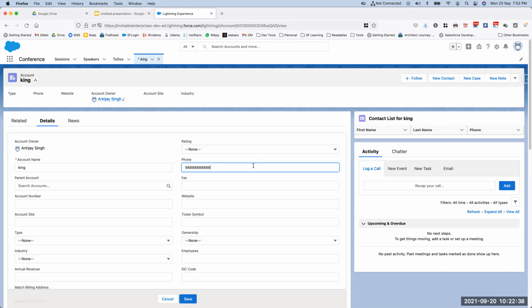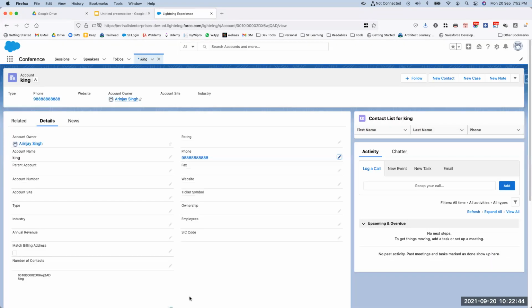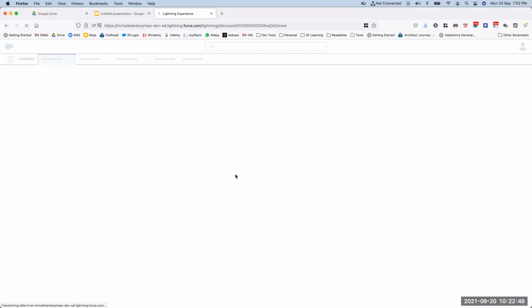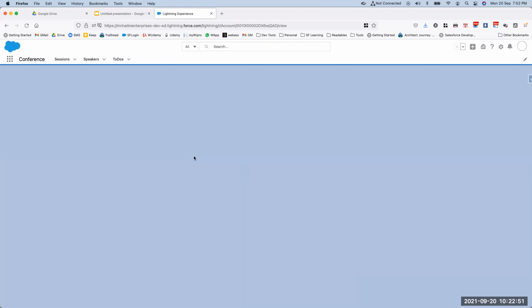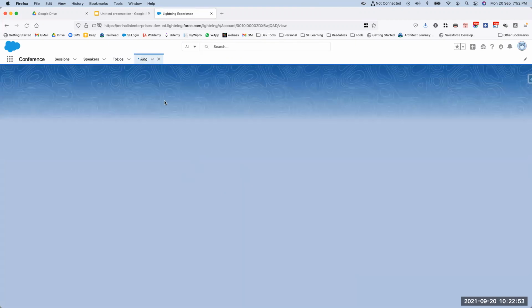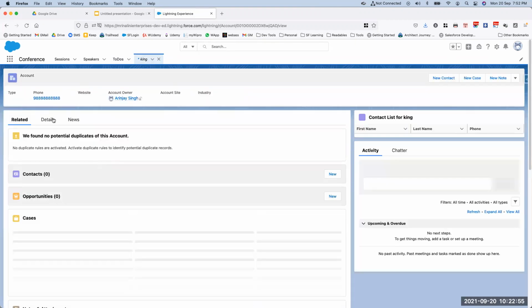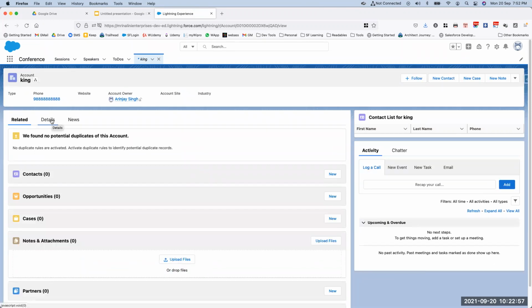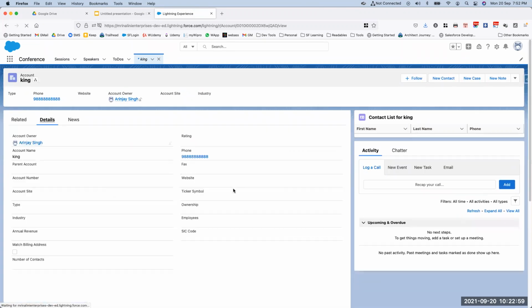That simply means the record is being updated. I'm just saving it. So rating should be updated to something. No, it's not updated. What have we written in the trigger? Okay, industry. Sorry, I missed that. We have to mark the industry as either communications or AI.